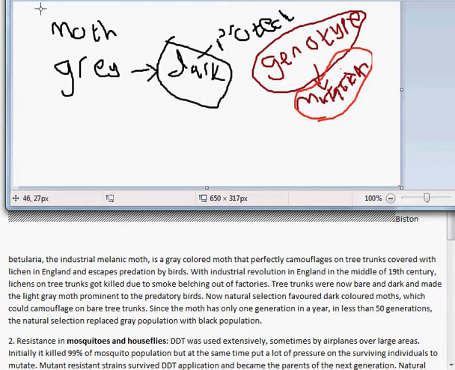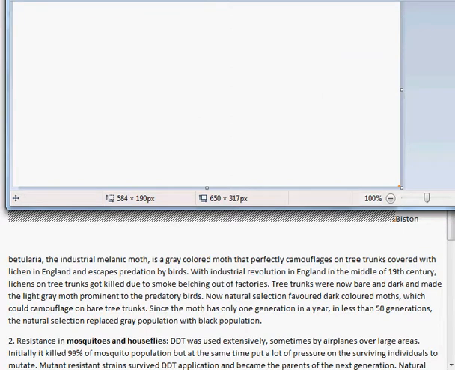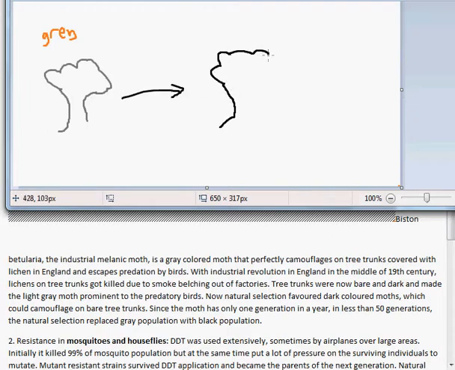Sorry, let me just remove this so we get space to work. So yeah, there were this gray, right? There were this gray which were camouflaged. So there are these grey color trees because of the industries. Sorry, I think I should draw this grey color. There are these grey color trees because of the industries, right? But then these grey color trees did not remain the same. They became black. So let's say this is